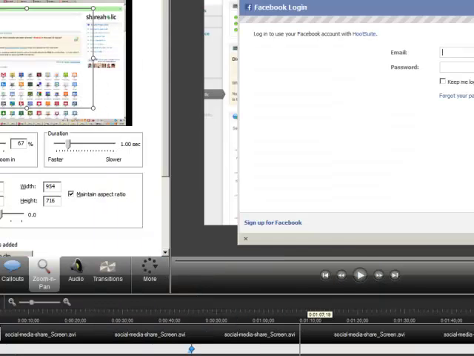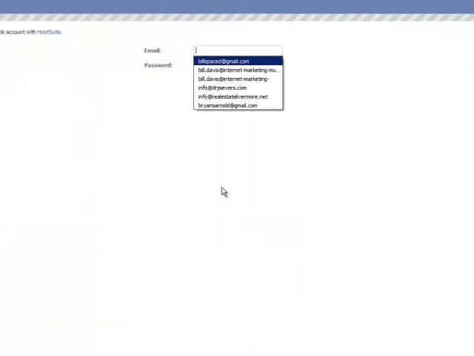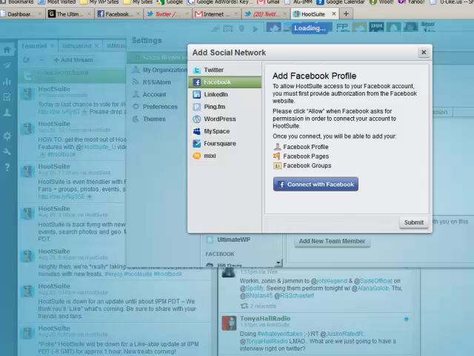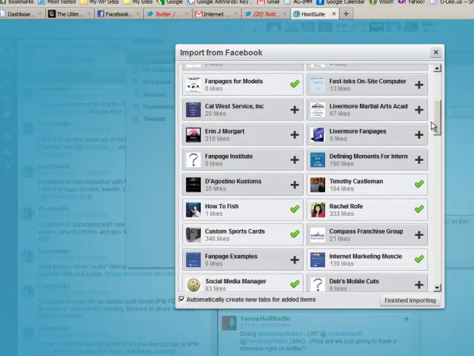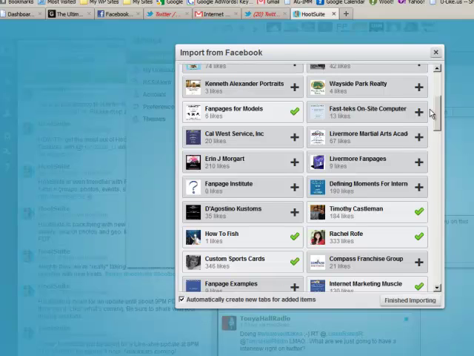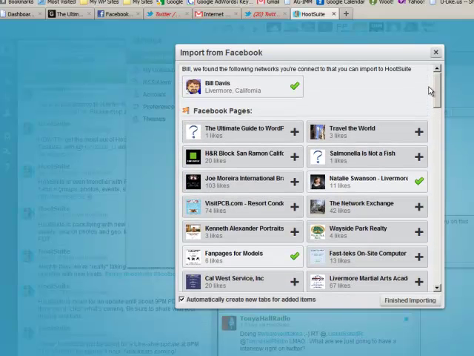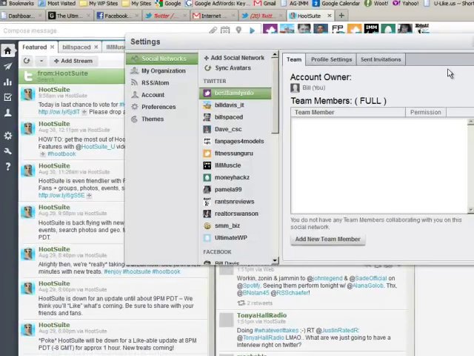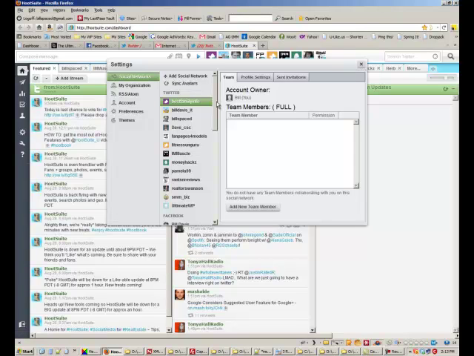Connect with Facebook. Log into Facebook. And allow. So now it's going to ask you which Facebook fan page. So you have to find it. This might be kind of hard. That's the first one. So click on that icon and then finish importing. And then you're done. So what I've done here is I've syndicated your content out to your Facebook fan page